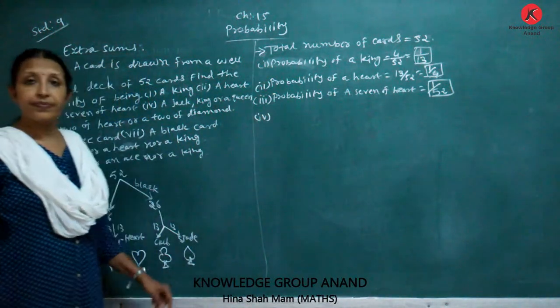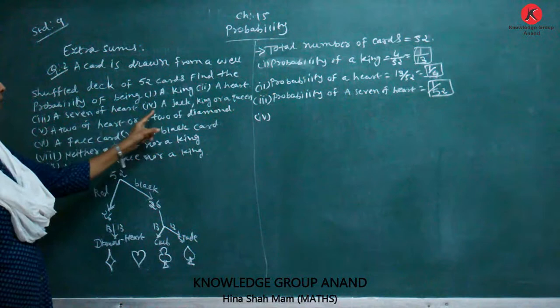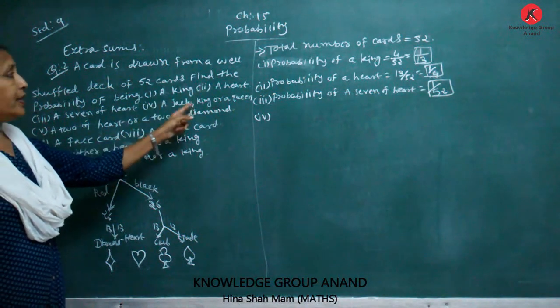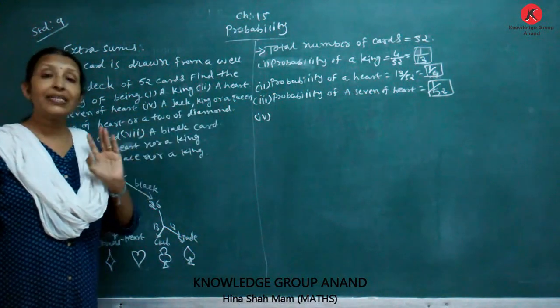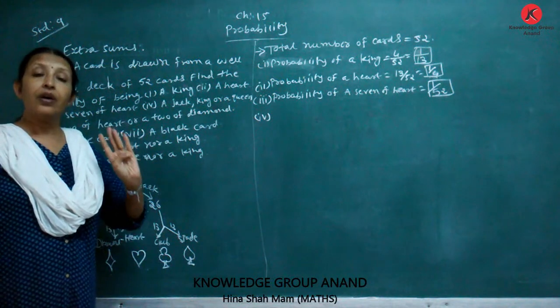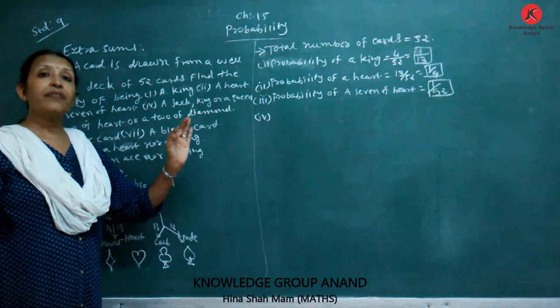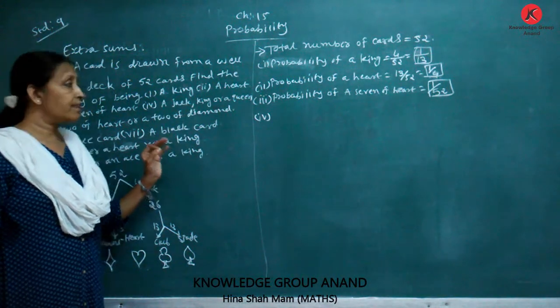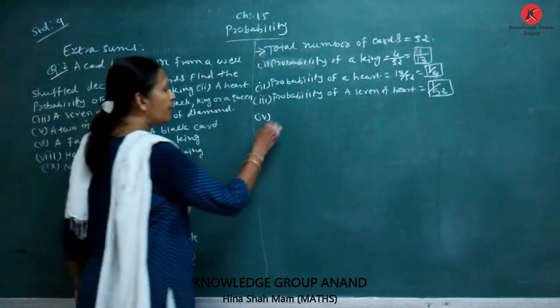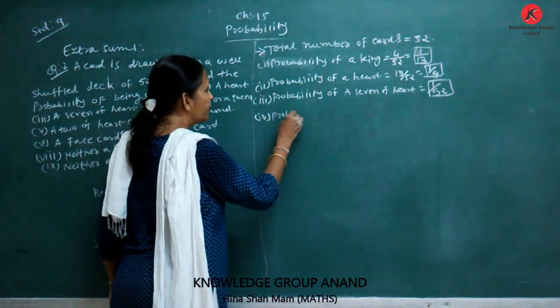Number 4. A jack, king, or queen. How many jacks? 4 jacks, 4 kings, and 4 queens. Total 12 cards. Therefore, probability of